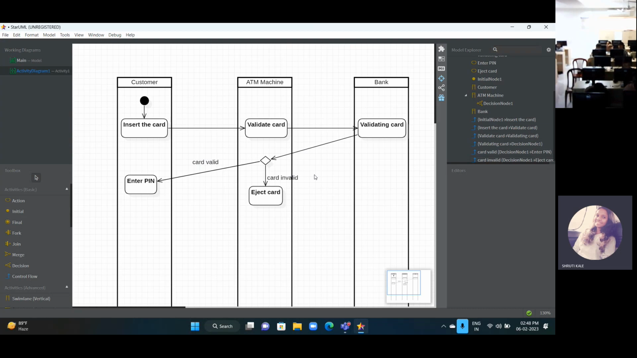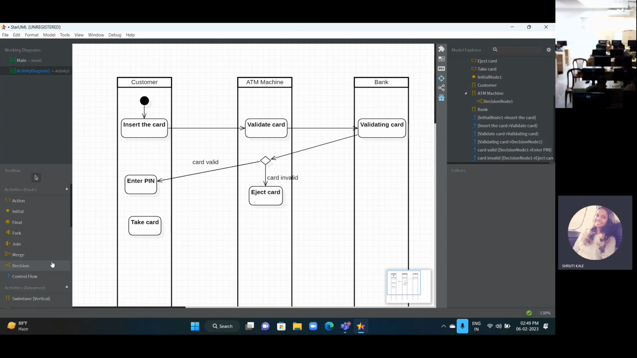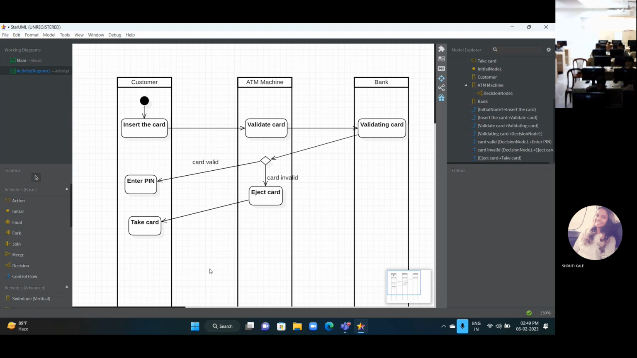Let's finish with invalid first. On the ATM machine, the message eject card will come. What will the customer do? He will take the card, right? So at the customer's side I'm just putting take card. You can connect this eject card to take card. And as I told you, if the card is taken away, then the process is over, the scenario